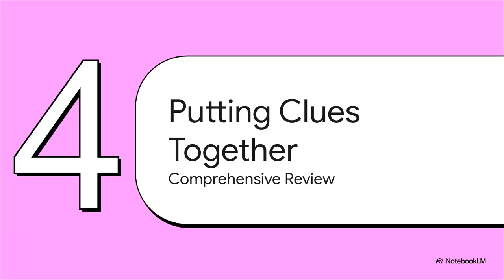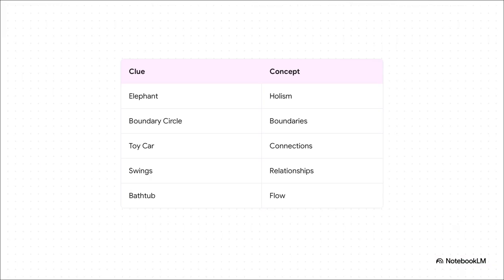Section 4. Putting the clues together. Let's move over to our final case board and see how this builds upon every single clue we've gathered in our past investigations. This comprehensive review acts as our synthesizing conclusion, basically a mastermind map summarizing everything we've learned in this educational series. Instead of just looking at these concepts in isolation, let's weave them into the story of how our universe actually operates.